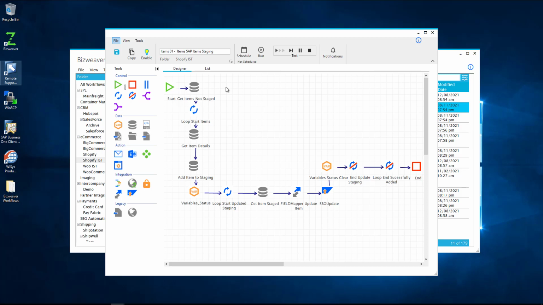Now, you're thinking, I want all my items up, or how do I pick the items? We use UDFs, user-defined fields in SAP, to denote what items go from SAP into Shopify, letting the integration know that only certain items will be syncing up into our Shopify store. So if you want to do only half your items, only a few items, or all your items, we can make that happen. So the first thing we do is get all the items from our SAP instance,